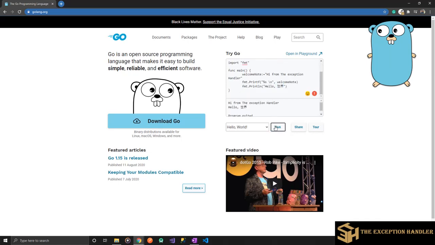Now when I run this code, I will see output of two lines, where one line contains the string that we wanted to print and the other line has the string that was already getting printed.